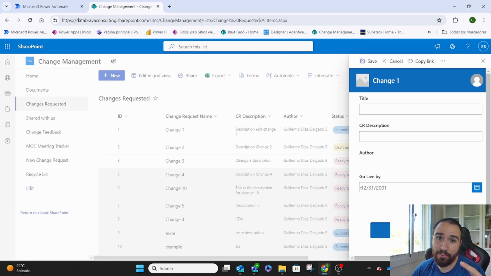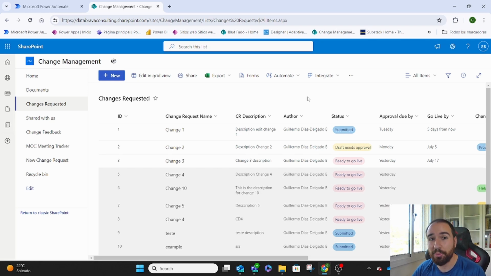But what I've been requested lately makes this a little bit of a pain. So what I've been requested is to send an email every time we need people to provide feedback on a new change, especially the changes that are on status submitted. Now, the way we do this, we have a Power Automate flow that triggers an email,